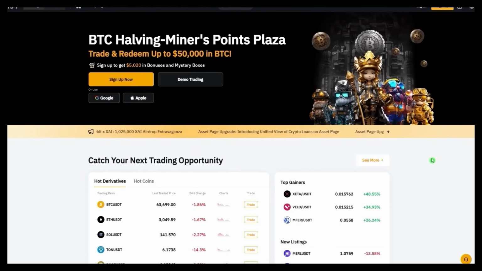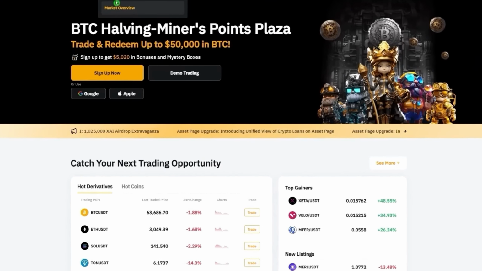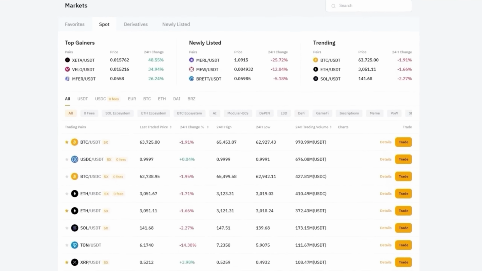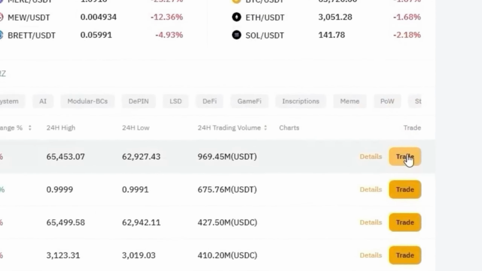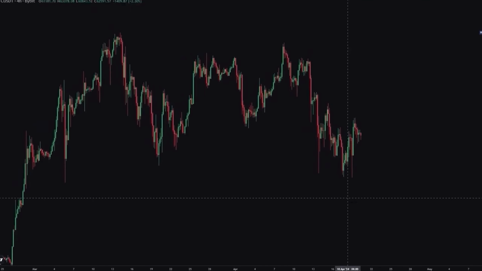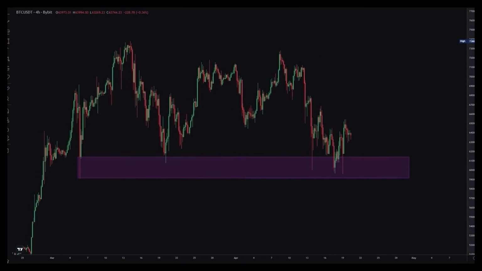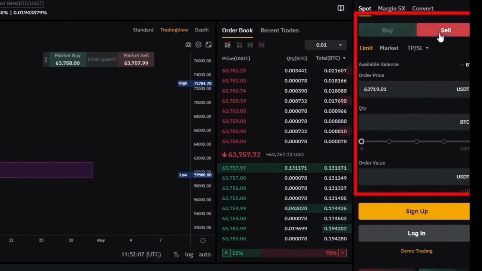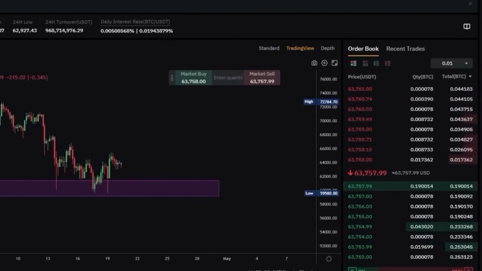Once you've created your account, navigate to the market overview on the homepage. Here, you can access the list of cryptocurrencies available on Bybit. If you click on Trade, a page opens that allows you to access the price chart and trading tools to analyze the current technical situation of the market. You can also place buy and sell orders directly from this page